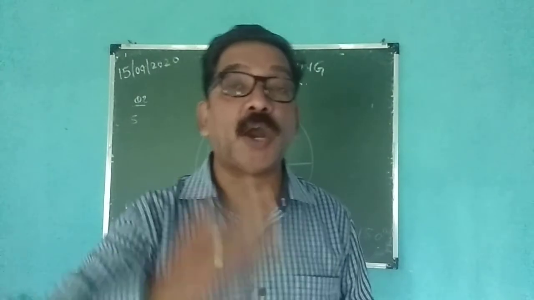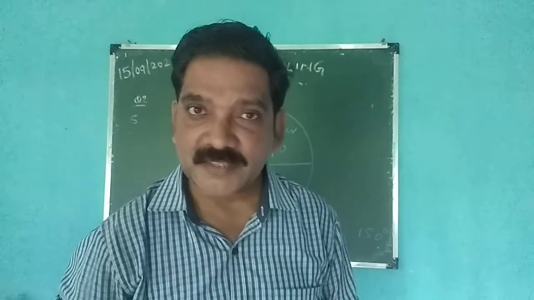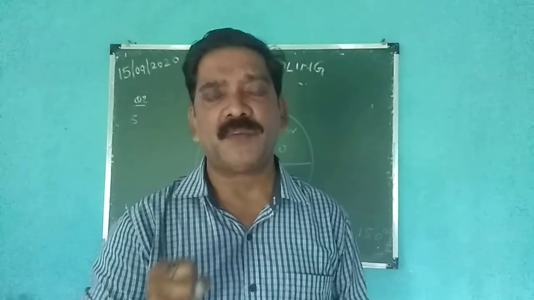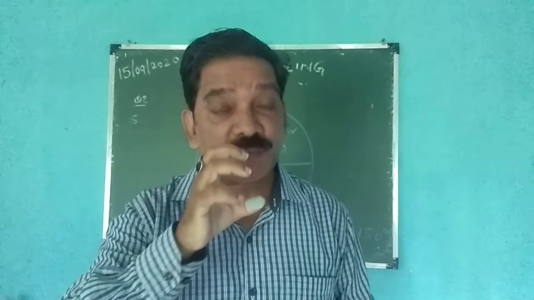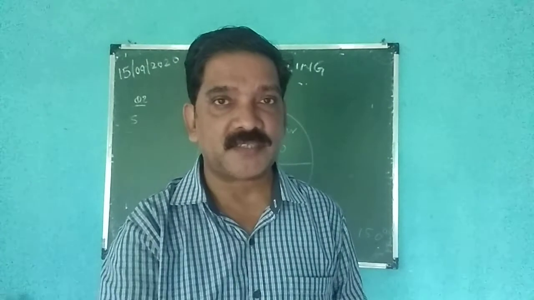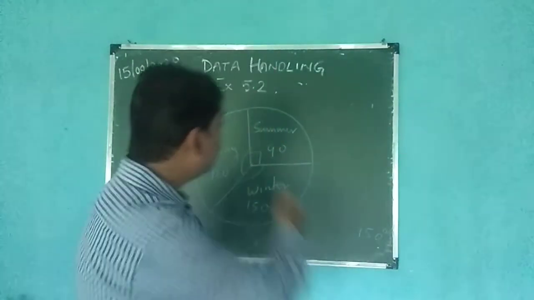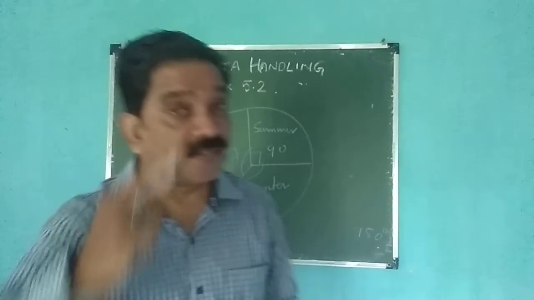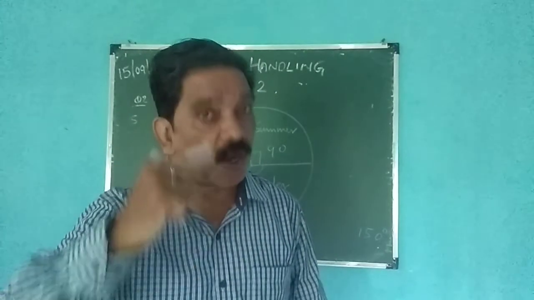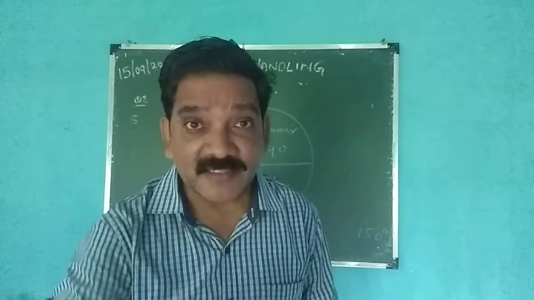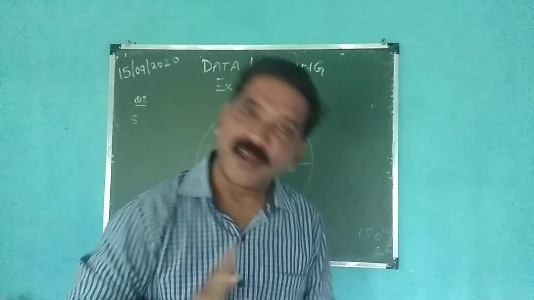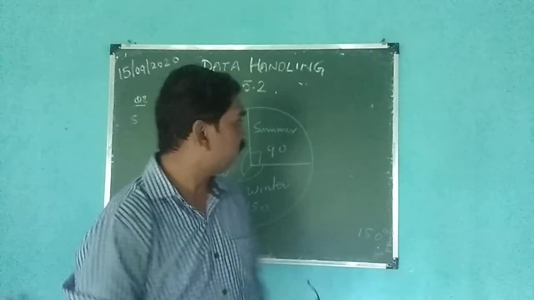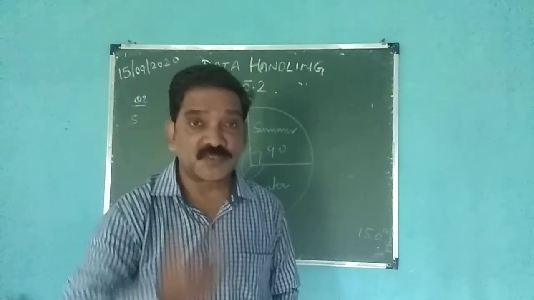So today we learned how to make a pie chart and how to get the information from a pie chart. For example, in question number 1, we found out the information from a pie chart. And in question number 2, we learned how to find the central angle, how to make the sector, and hence we drew a pie chart. Okay, for today this much is enough. Try to concentrate on these 2 questions.